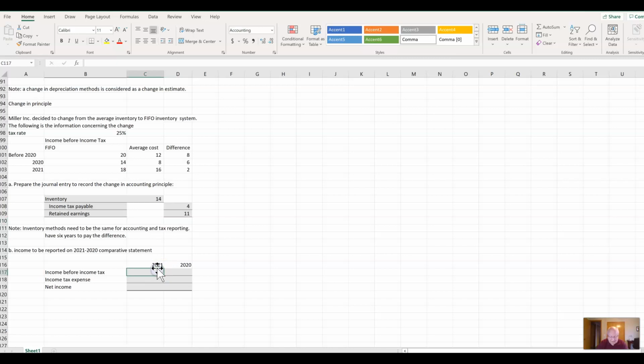Okay, so what we have here now is the comparative income statement. We would have 18 for 2021, and 2020 would be the 14, which is right there, 14. And the income tax expense is the 18 times 0.25, which is 4.5. Okay, that gives us 3.5. So our net income then would be 18 minus 4.5. And this is